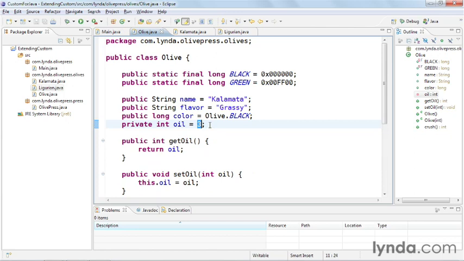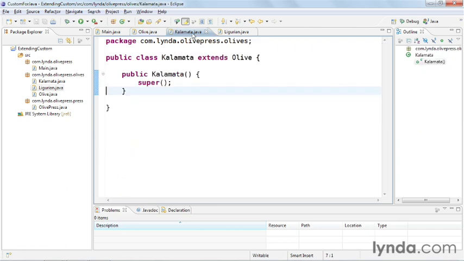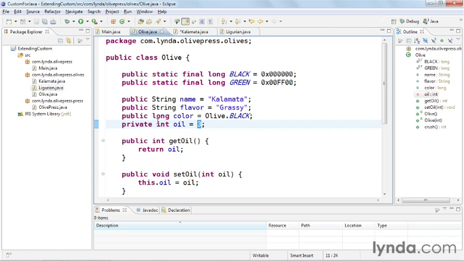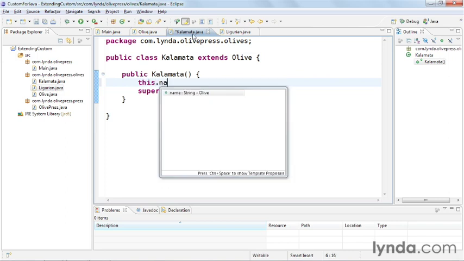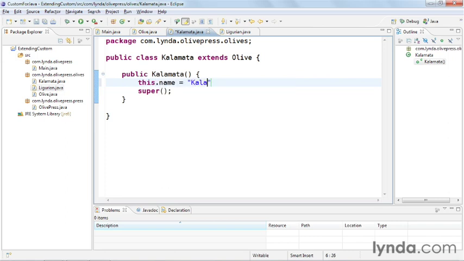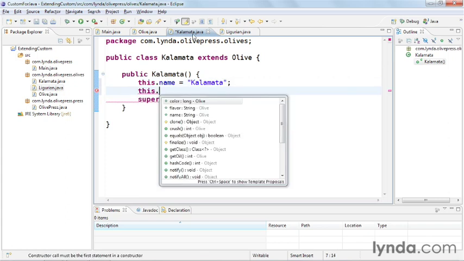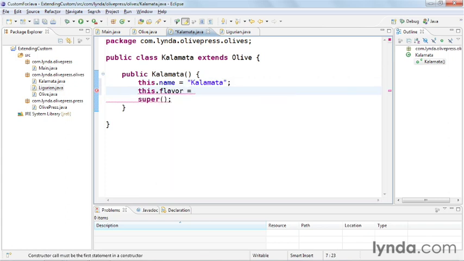My goal is to have each of the subclasses decide for itself. How much oil do I generate? What's my color? What's my name? And so on. So I'll go over to Kalamata.java, and I'll make those changes. First of all, going back to the superclass, these 3 fields are public, and so I can change them directly within the subclass. I'll say this.name equals Kalamata, and this.flavor equals grassy,